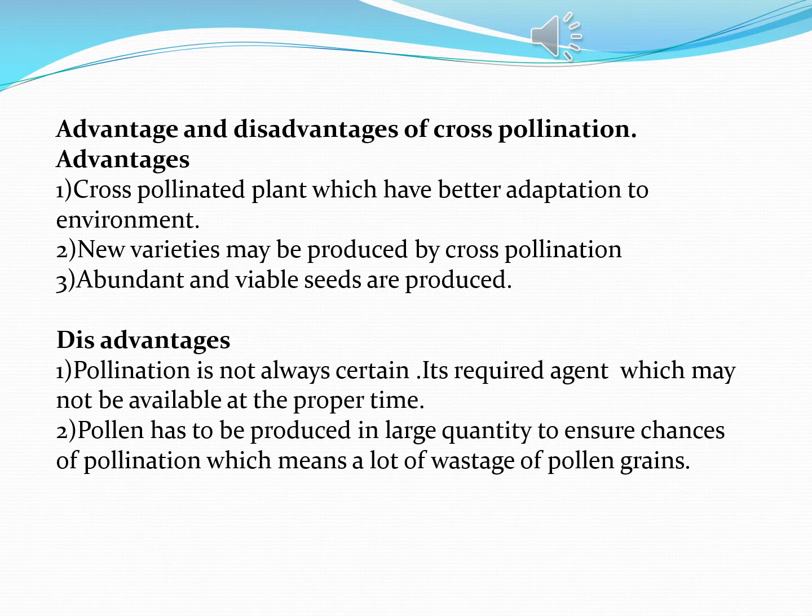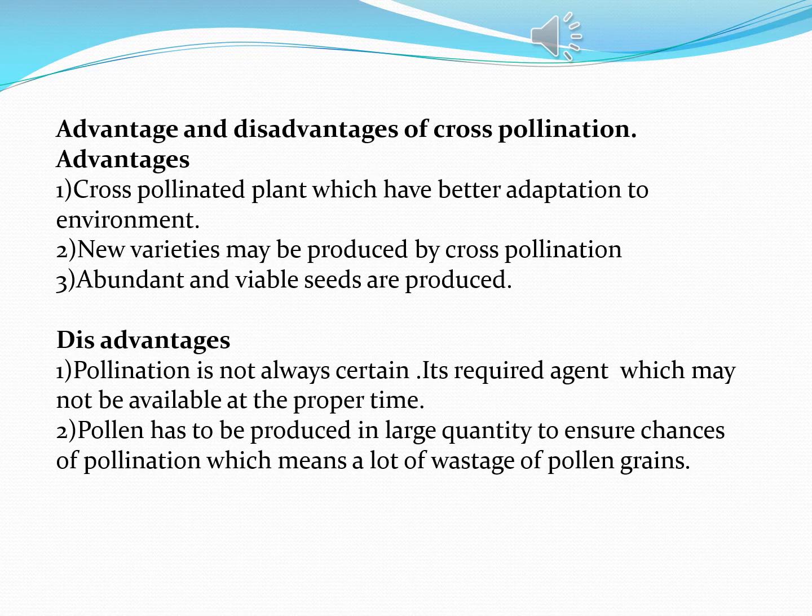In this slide, we're going to discuss the advantages and disadvantages of cross pollination. Let's look at the advantages. The plants which undergo cross pollination have offspring with better adaptation to environmental conditions, meaning they can withstand the adverse conditions of the environment. Second point, new varieties may be produced, meaning here in cross pollination the pollen grains will